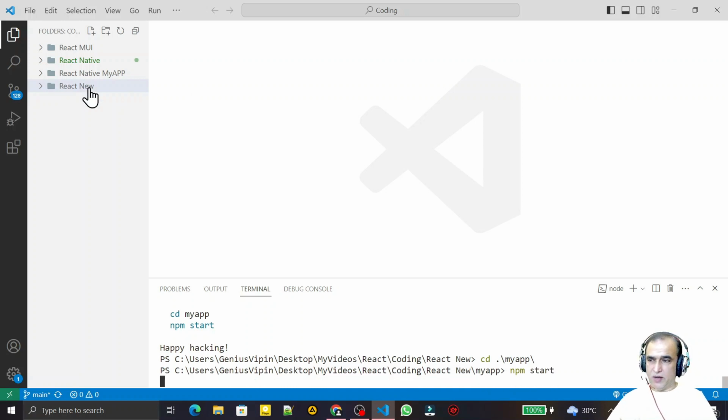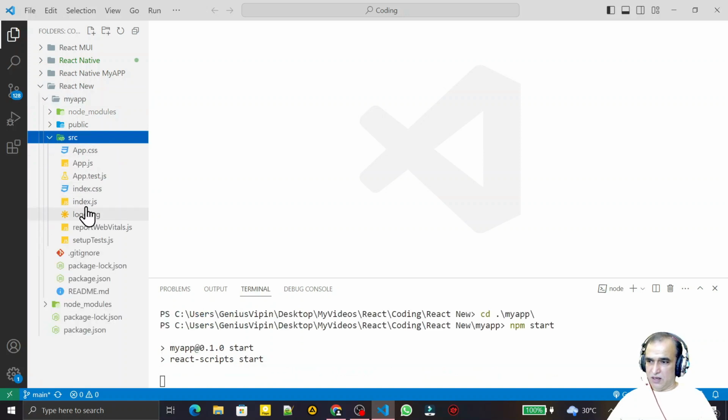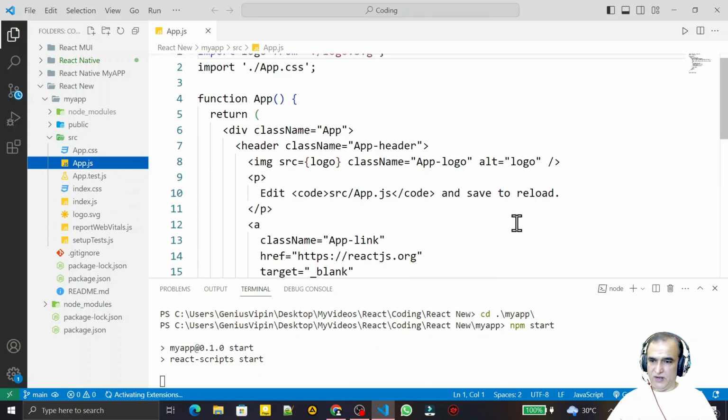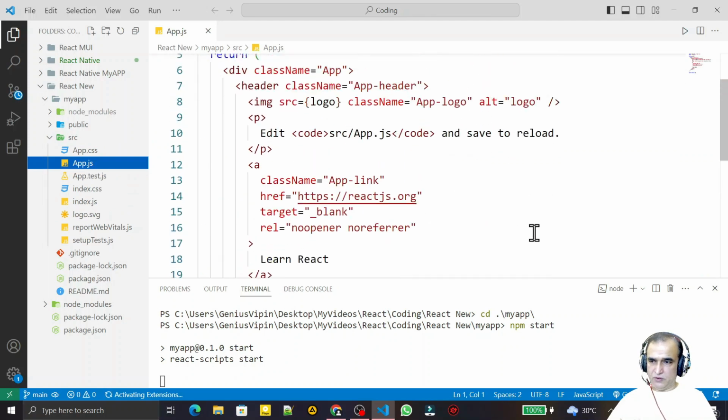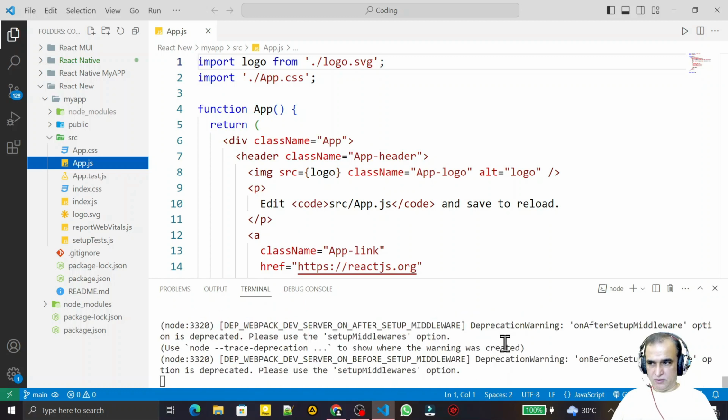It will start your application, and you see that we have the same directory structure, and we have App.js also, the same file we have for React, and it will run this application. But remember that it's still a pure library using React.